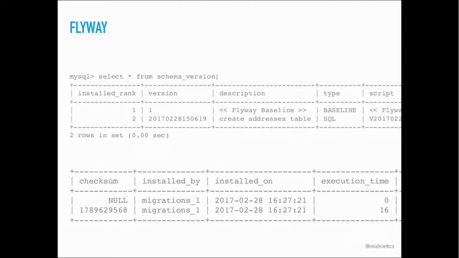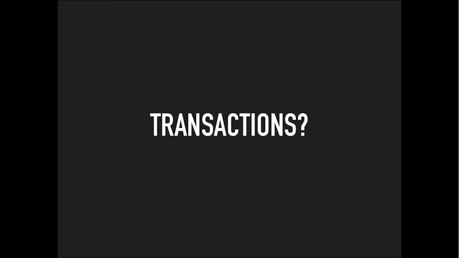Now, some migration tools use transactions. So they start a transaction, run your schema migration, and when that all works, they commit the transaction. I mentioned Flyway doesn't do down, it only goes up because of rollbacks. Rollbacks are